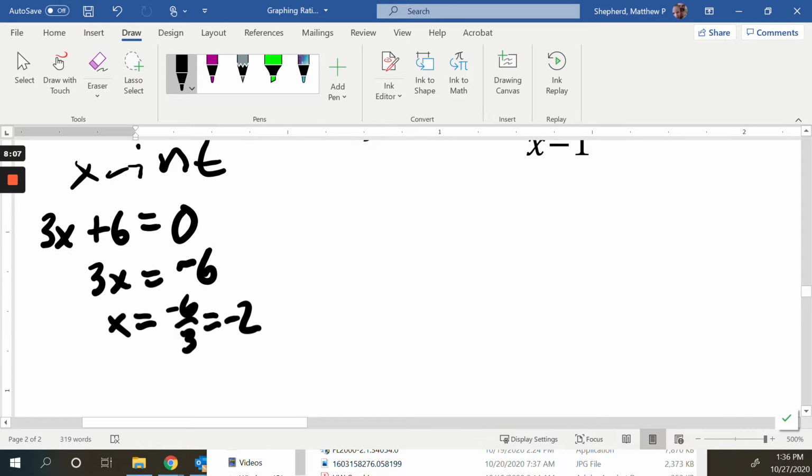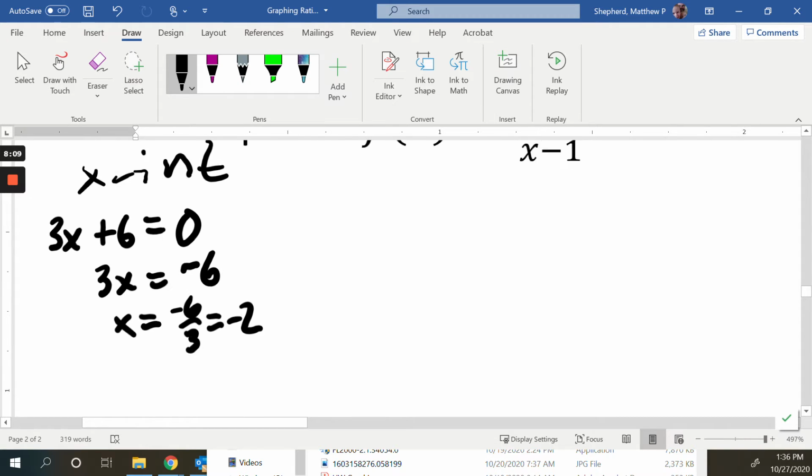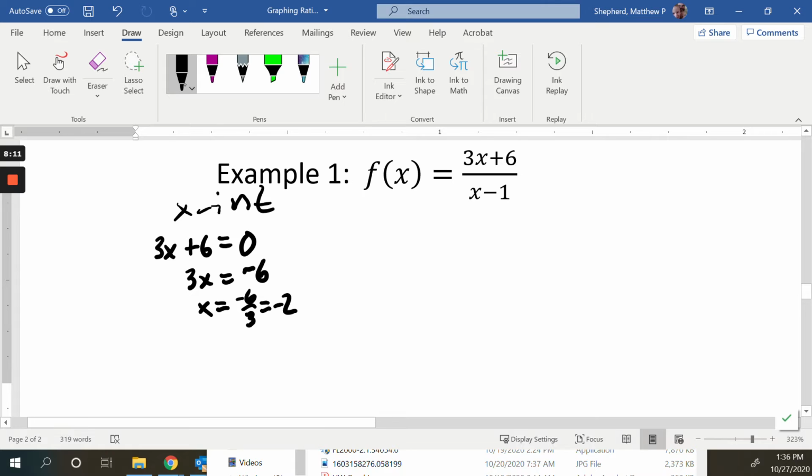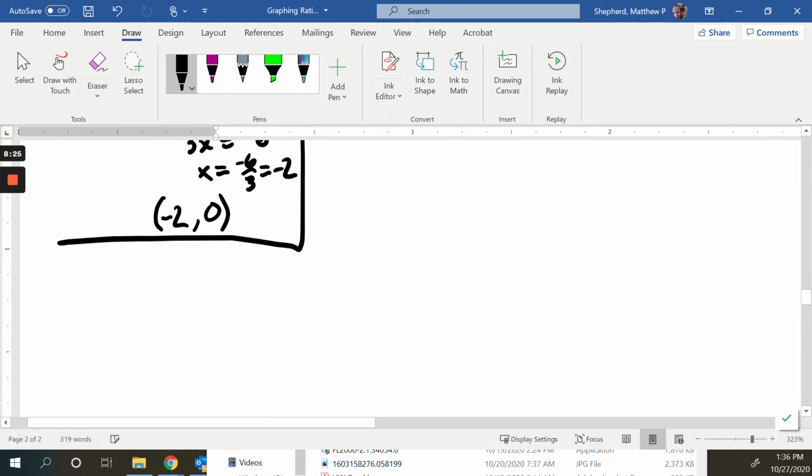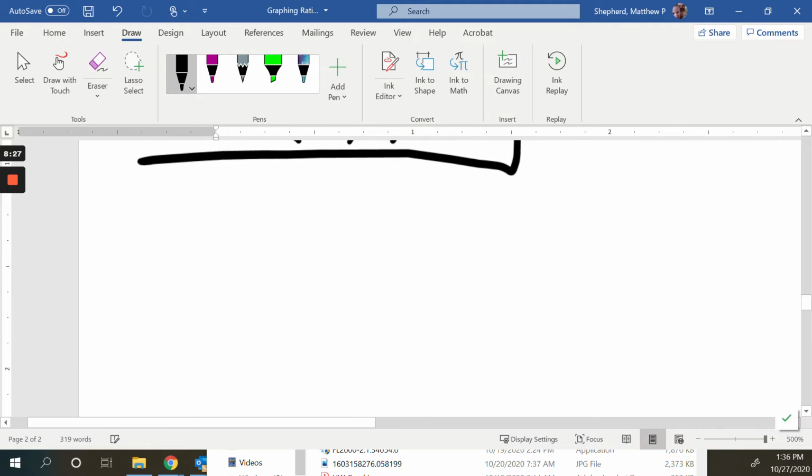So that is going to be my x-intercept. All right, so that would be a point where x is negative 2 and y is 0. All right, and there is our x-intercept. So next, let's find the